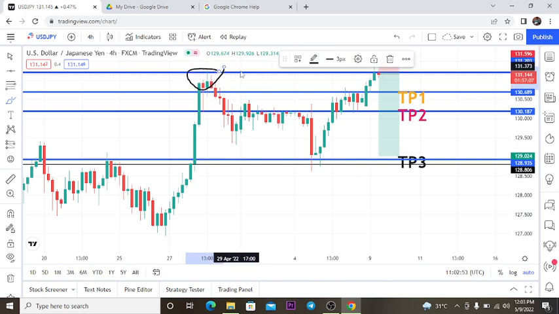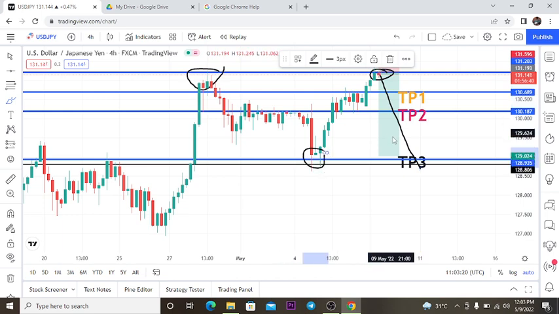I had already marked out these levels when I was about to take this trade. I'm just showing you my analysis. I was monitoring the price when the price retested that same level. So the second time the price is testing this level, I'm expecting the price to push down this way. But in the process you have to take profit before this level, which is the previous swing low, because the price might come down to this point and push up again.